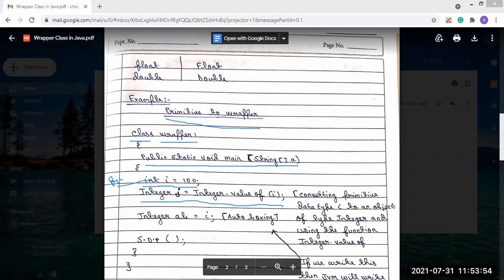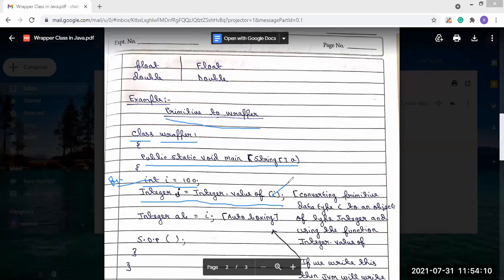Now, what explicit conversion is it? It is converting a primitive data type, because i is int i = 100, so that is the primitive data type.